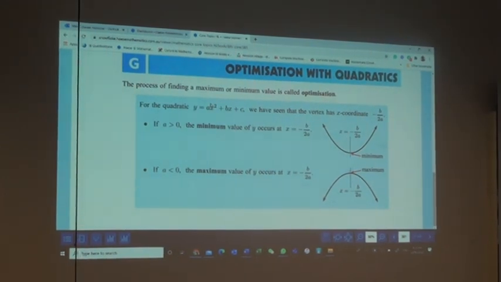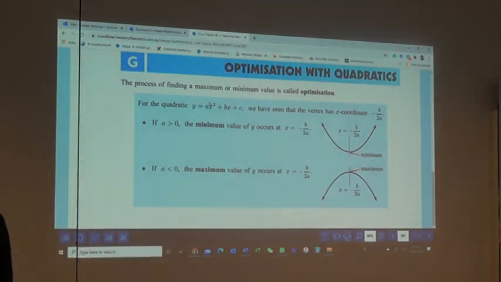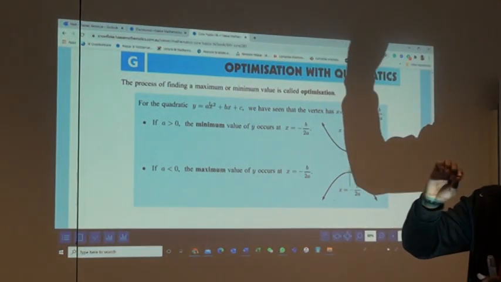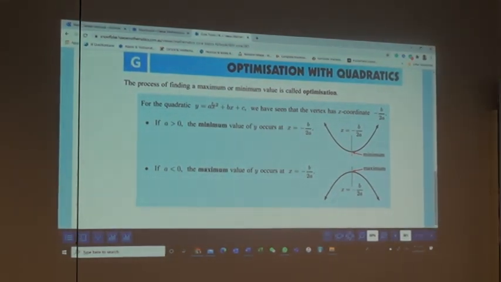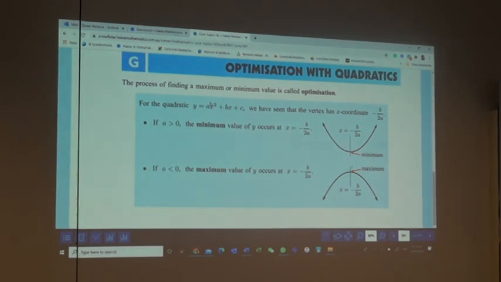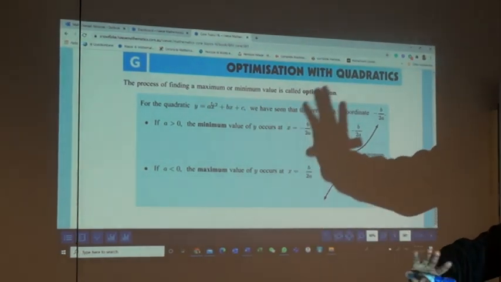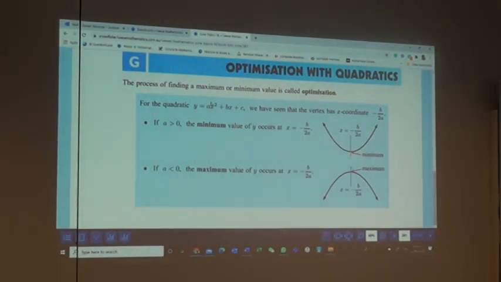Okay, so the next thing for today, which is the last thing for today, is optimization. And after this, we have only quadratic inequality left, and we don't have any business with quadratic anymore. The only thing the HL will do in addition to this is the cubic and quartic and all that. For SL, you have also gotten this part done. Okay? Now,